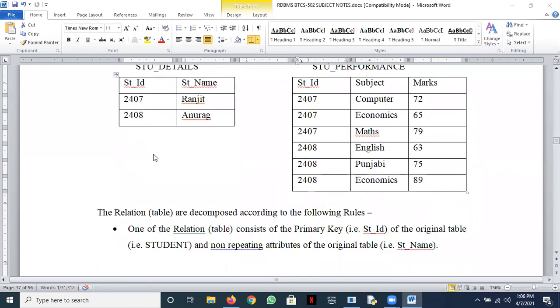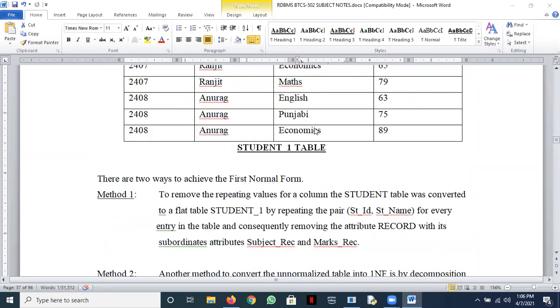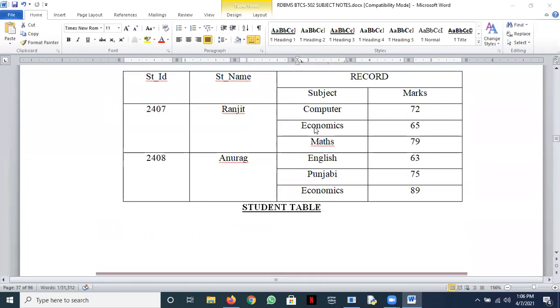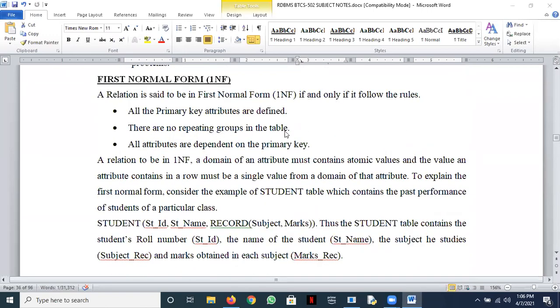See the relations, they are decomposed. The relation is decomposed according to the following rules. One of the relations consists of the primary key of the original table and non-repeating attributes of the original table. Very important concept. See, what is repeating here? There are no repeating groups in the table.